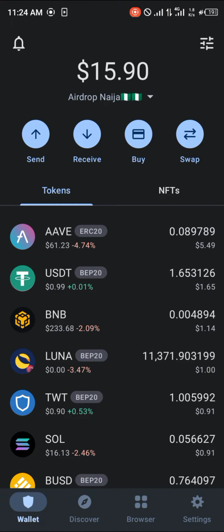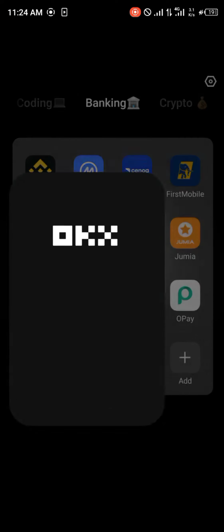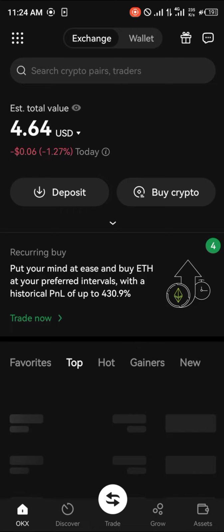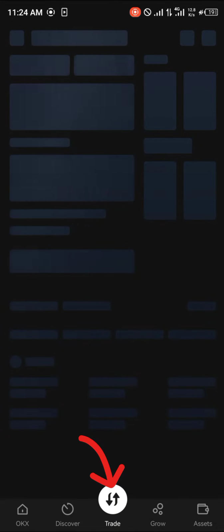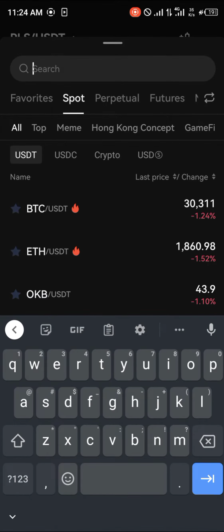In order to activate that Core chain, to activate the network, you simply minimize and open up your OKX app. Once the OKX app opens up, all you're going to need is to have some tokens, and the token you're going to use is USDT. So once it's opened up and you've deposited some USDT here, you simply click on this trade, and in the space provided at the top left corner of the screen, you're going to see PLS USDT or whatever token you might have there, and simply search for Core,